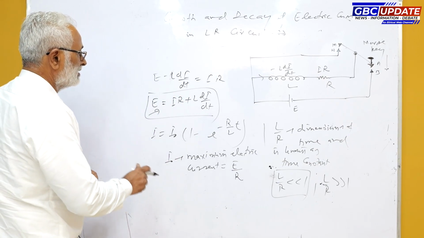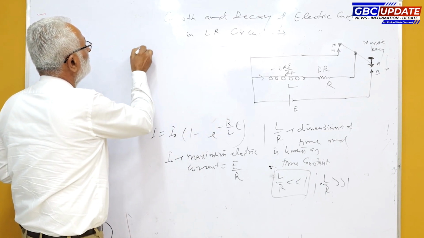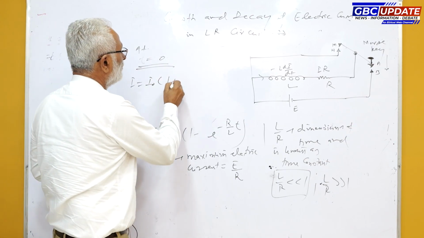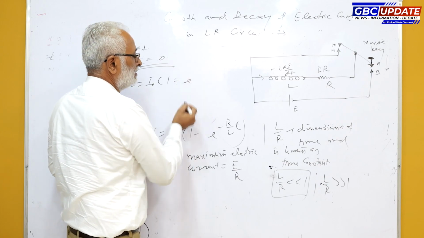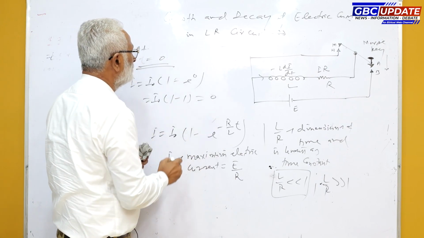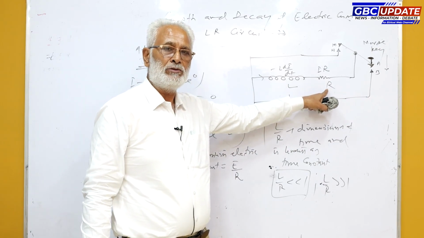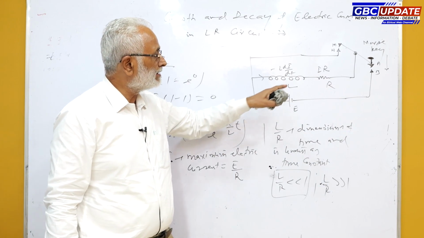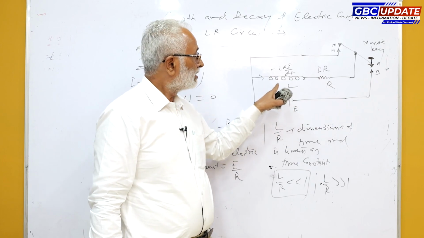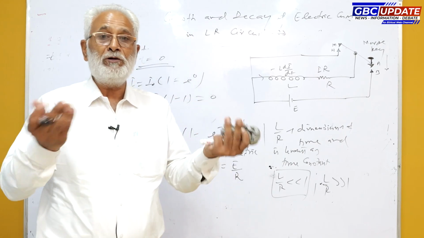According to this relation, electric current at time t equal to 0 is given by I is equal to I naught into 1 minus e raised to the power 0, which is equal to I naught into 1 minus 1, equal to 0. So, at time t equal to 0, current through the LR circuit is equal to 0. Initially, inductor offers infinite resistance to the flow of current, because at the start maximum induced EMF is produced, as there is maximum rate of change of